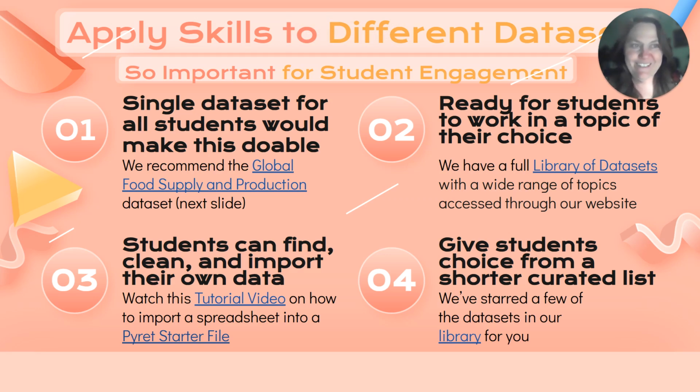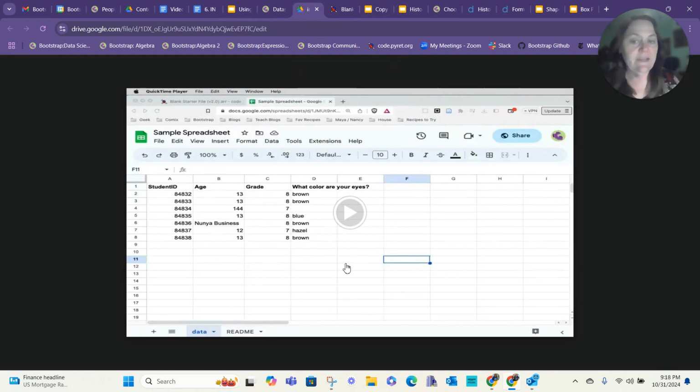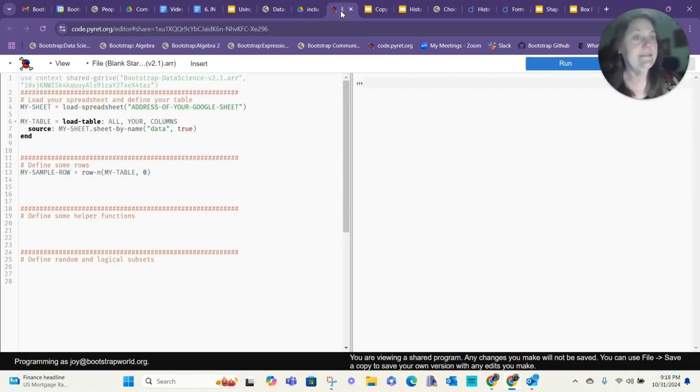Third option, and this is if you're adventurous, is to let the students find and clean and import their own data. And for this, we have a tutorial video that's very short, and you can watch it, the students can watch it, and learn how to import that spreadsheet into a Pirate starter file, of which we have a blank one. So just in the Choosing Your Data Set lesson, you will find a link to this video that Emmanuel has created. It's very clear, very easy, very step-by-step how to import your data into this blank